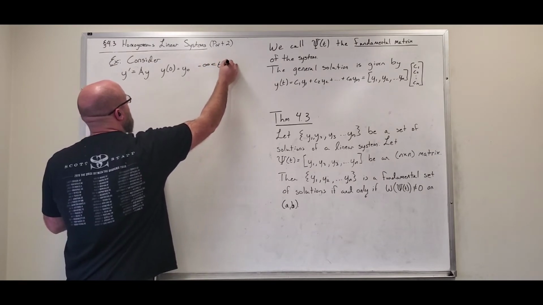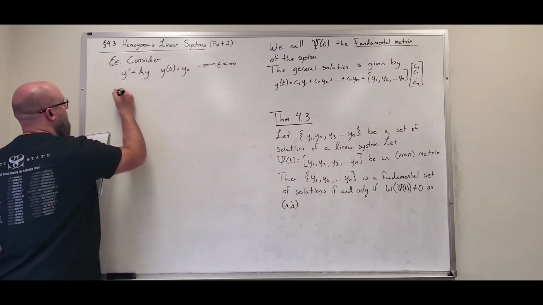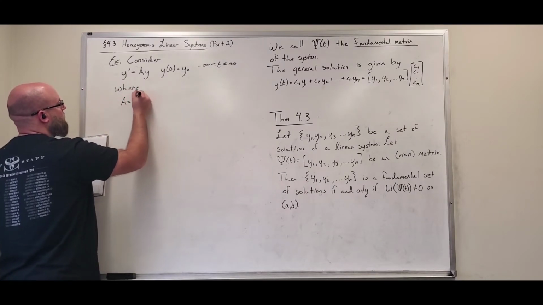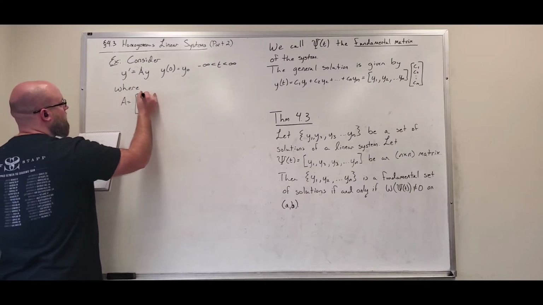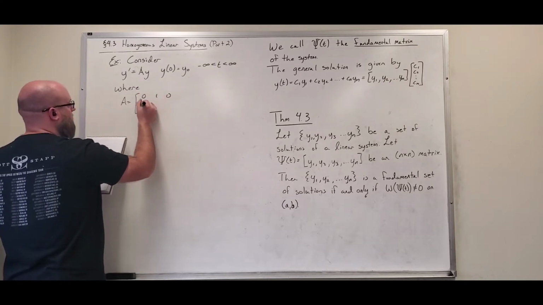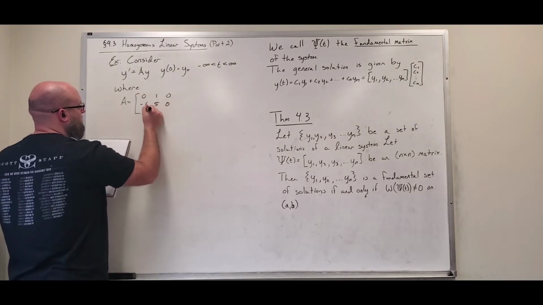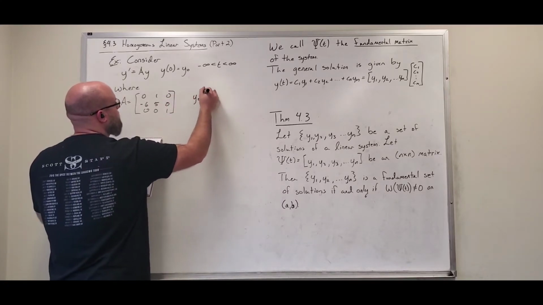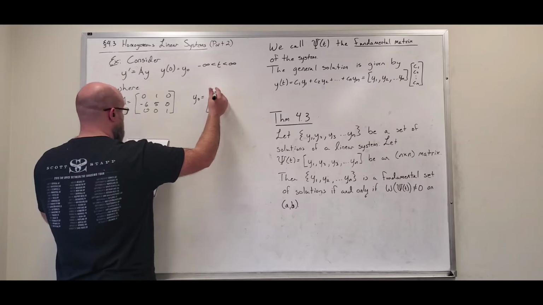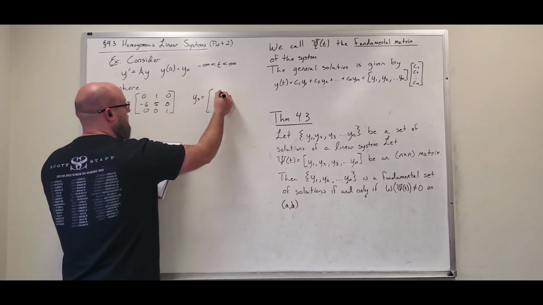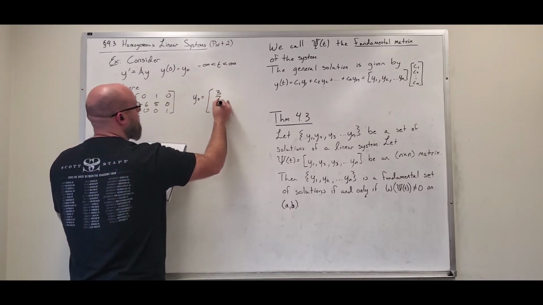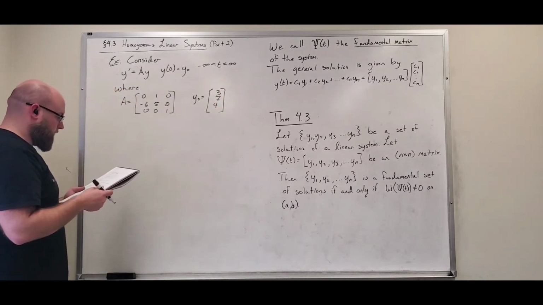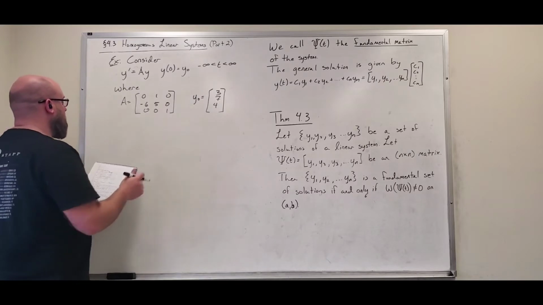And again, it was on this infinite interval where A is equal to the constant matrix [[0, 1, 0], [-6, 5, 0], [0, 0, 1]]. And y sub 0, so our initial values when t is equal to 0, is (3, 7, 4). All right? So, from our last example, we know